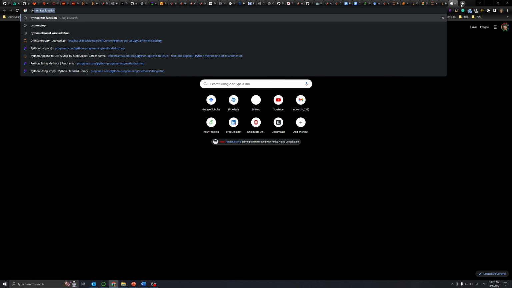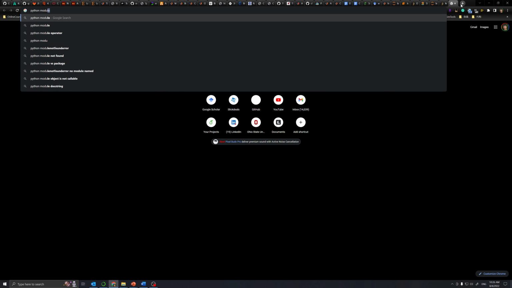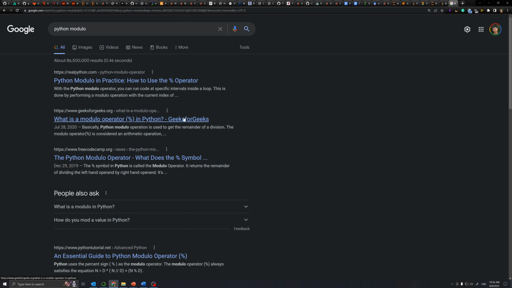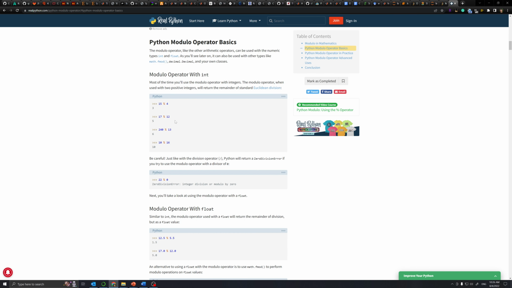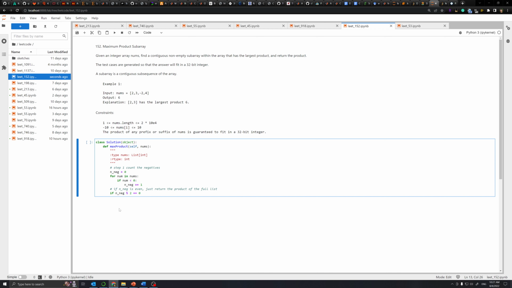Like Python modulo? Right, the percentage operator. Python modulo operator basics. So 15 modulo 4 becomes 3, which makes sense. 17 modulo 12 is 5, makes sense. So yeah, that's what we wanted. If the modulo is 0, right,